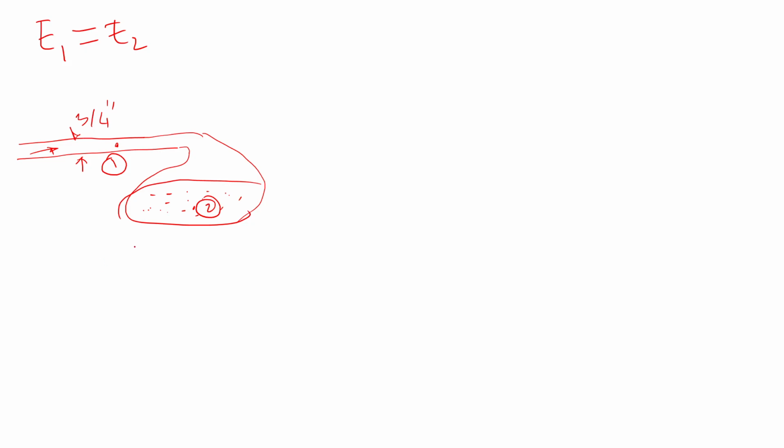These pipes are typically about 3/4 inch in diameter, and then that goes to a shower head, for example, like this, with some small holes in it. So say this is my point 1 and this is my point 2 at the shower hole, the head of the shower. So the total energy I have at point 1 in a fluid system